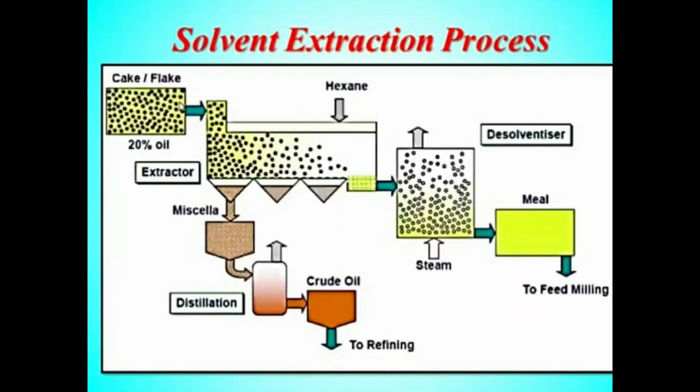Again we will see the picture. After the desolventizer, there is a yellow colored material shown, which is the final cake meal we find after the extraction of fat. It is also called defatted cake meal, and it has many uses. The protein content of these oilseed meals ranges from 20 to 50% depending upon the type of oilseed used. Oilseed meals can be placed in three categories based on their protein content.